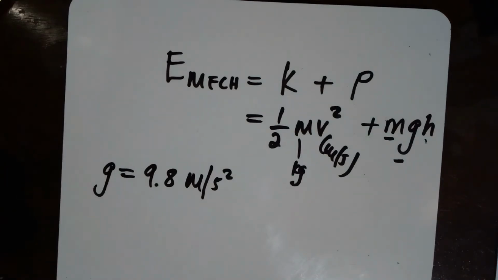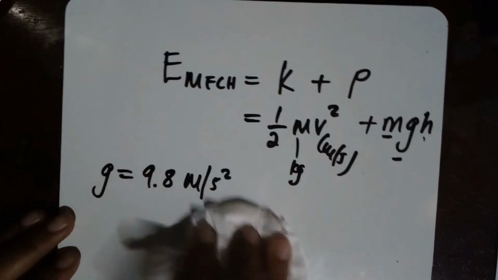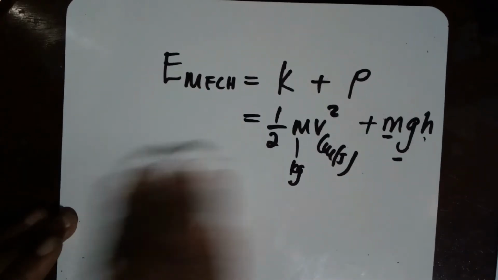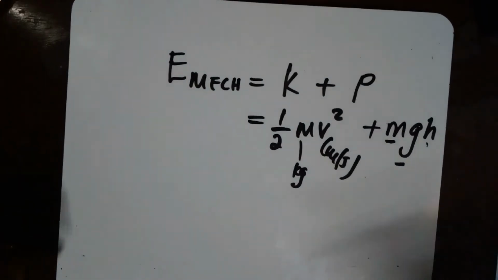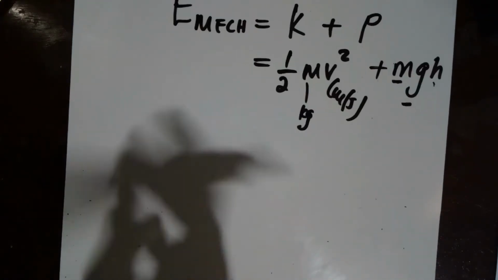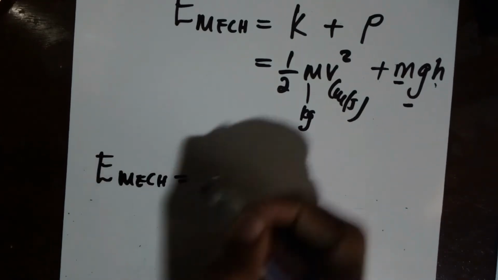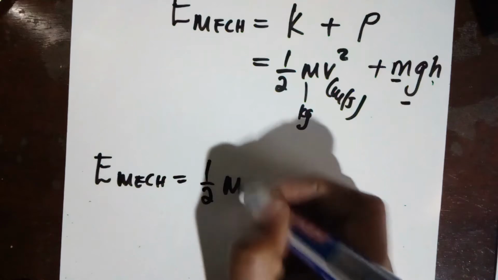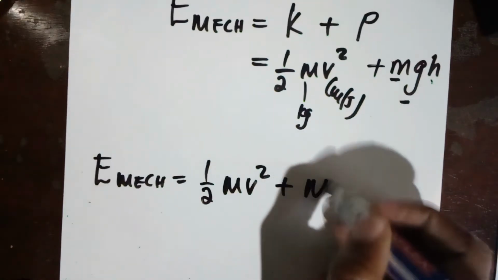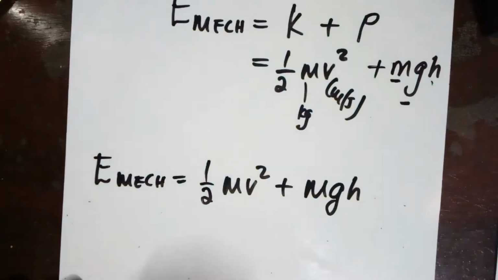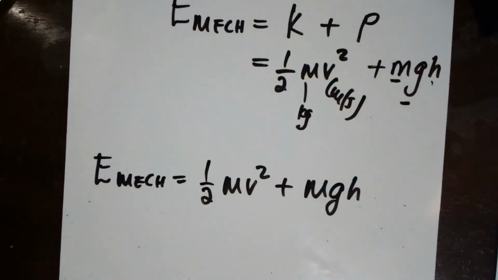So let us just move on right along. Now mechanical energy is in fact just the sum of these. So we say mechanical energy, E_mec, equals a half mv squared plus mgh. So that is it. But now when we talk about the principle of conservation of mechanical energy, it says